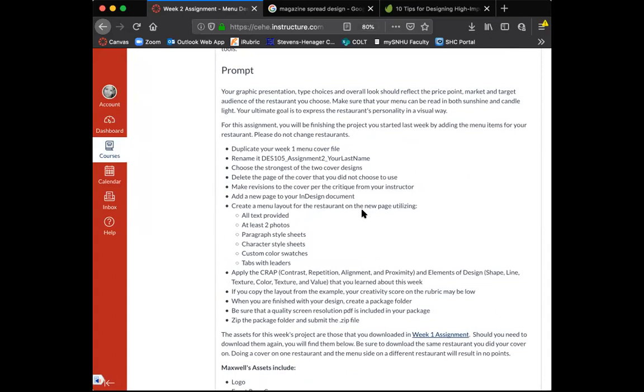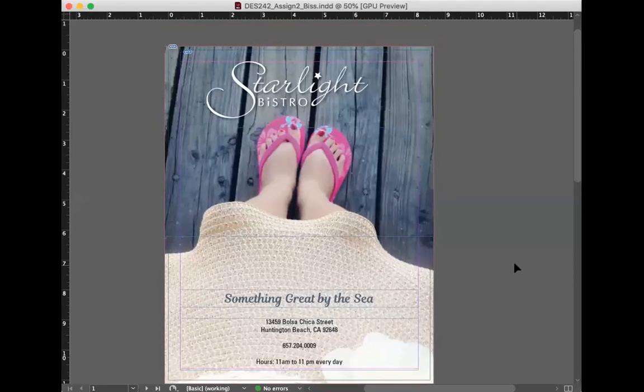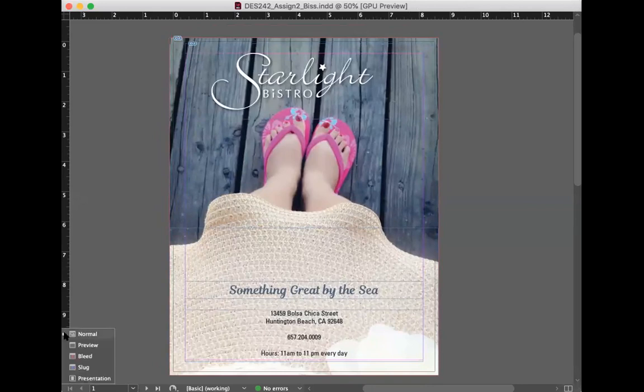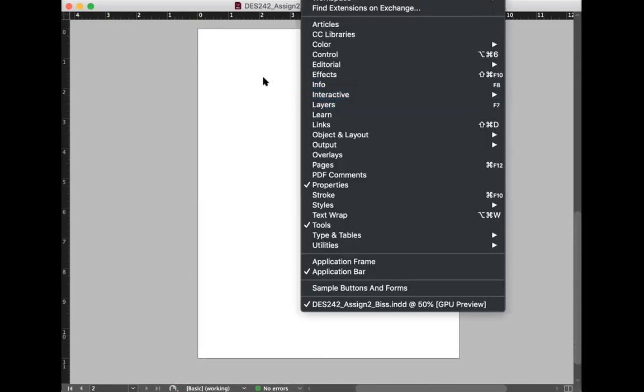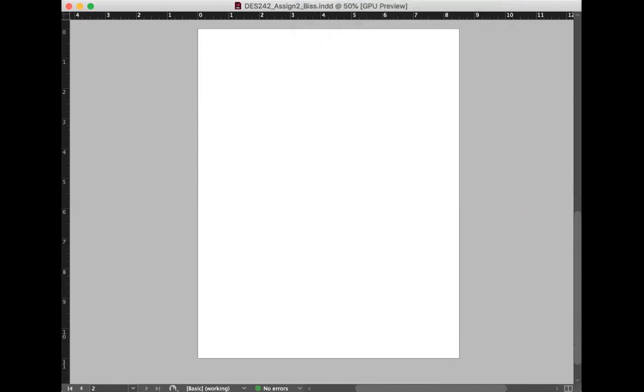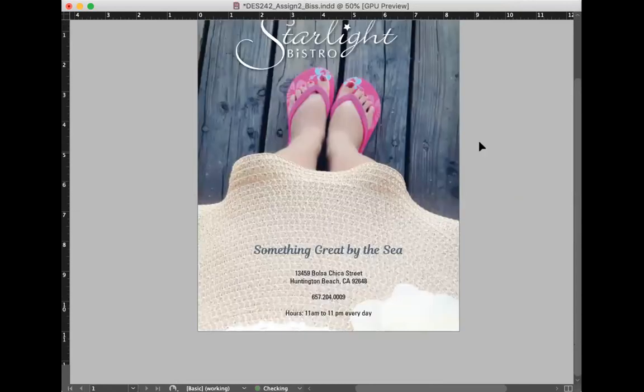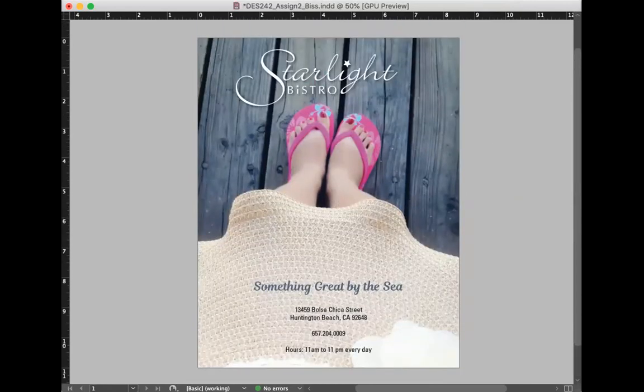I'm going to go through step by step how to set up your inside based on my design. All good? All right. Awesome. You guys remember where I stopped last time? This was my cover, and I think I showed you the second one but didn't quite finish it. So go with the one that you believe is the strongest, or that I pointed out, and make revisions. Go ahead and delete your second cover: go to your pages, select that page, and hit that little trash can like I just did.